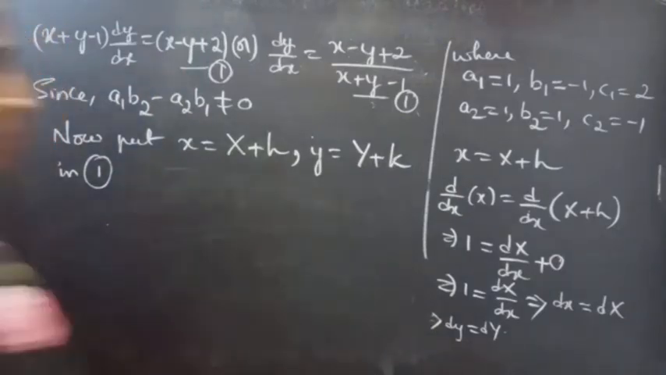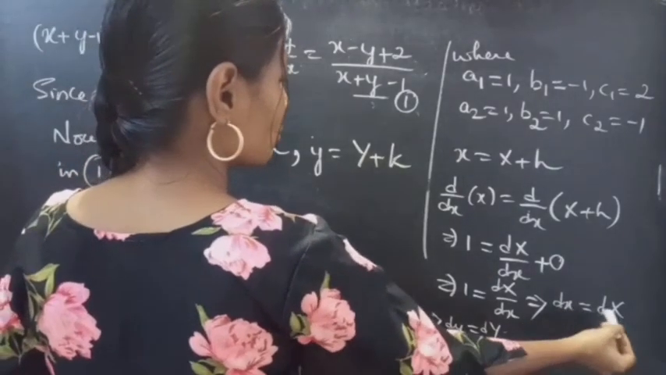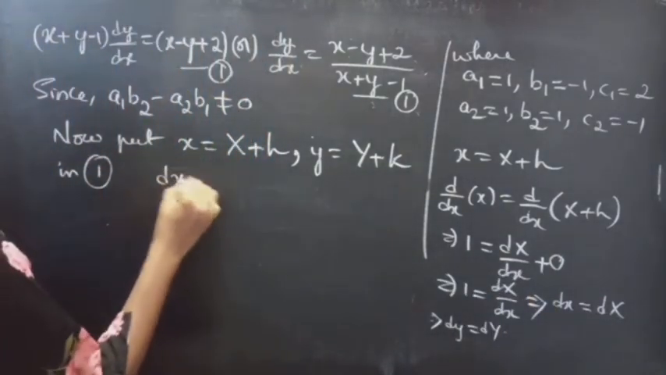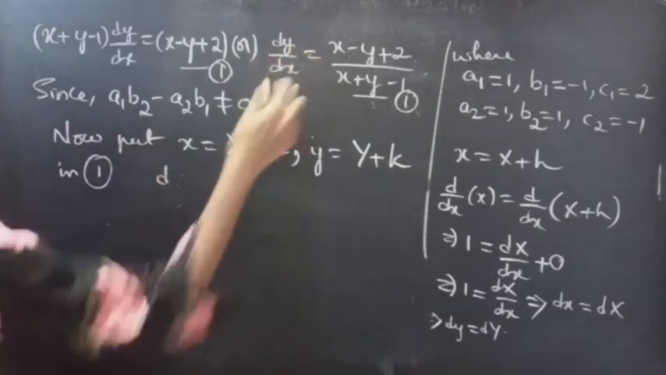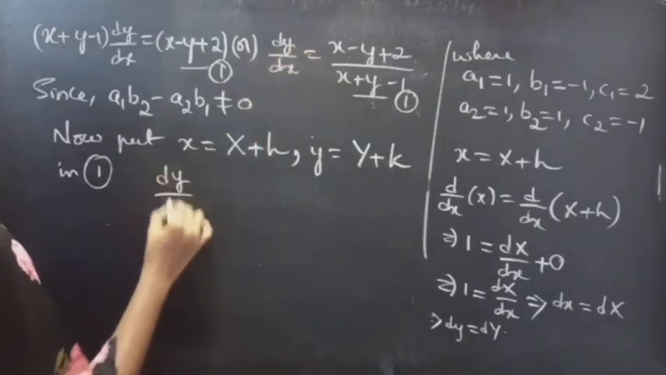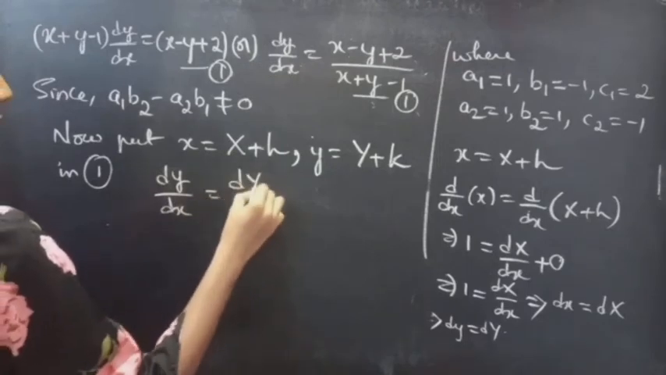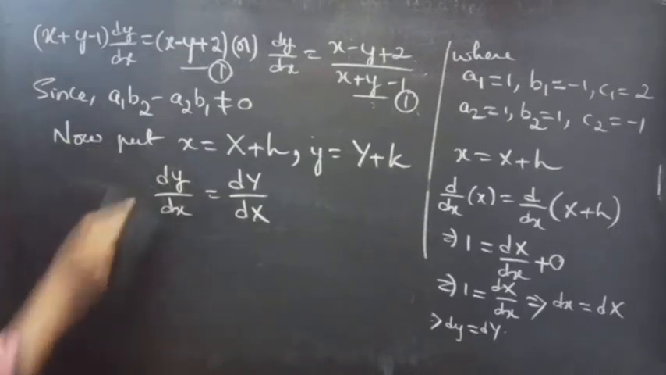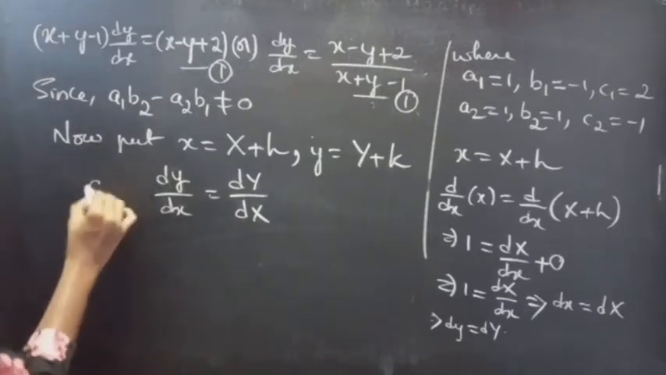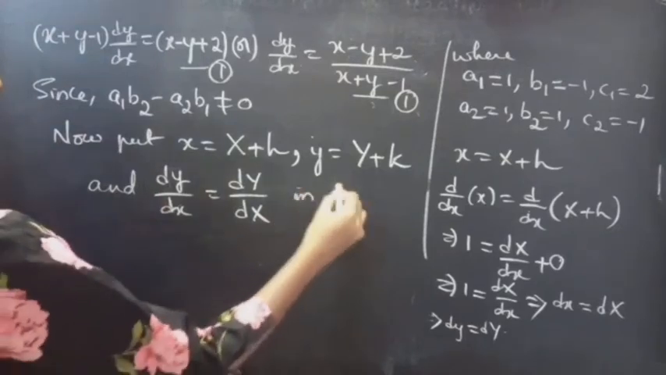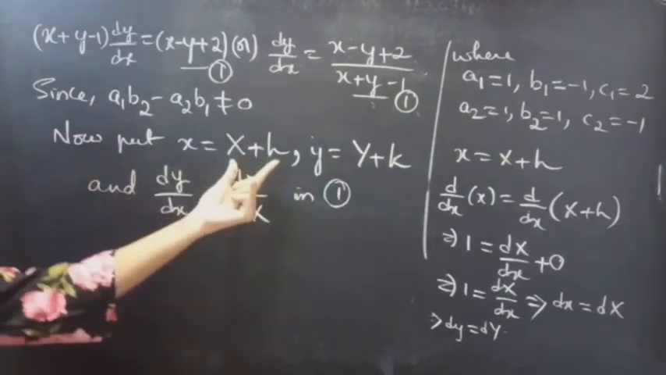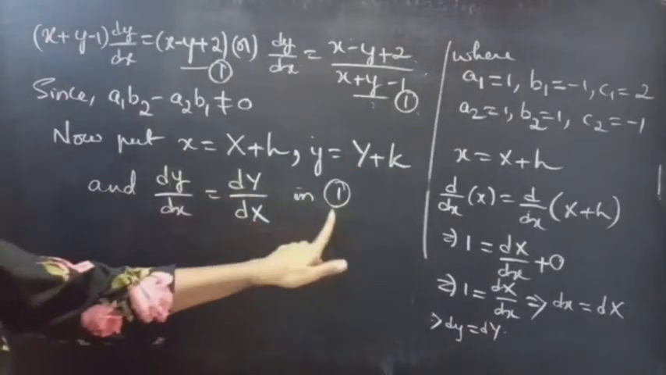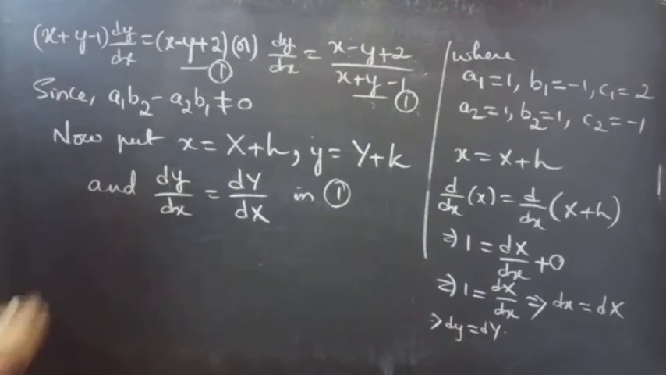Since we are having differential small x equals to differential capital X and differential small y equals to differential capital Y, then you can write dy by dx as dy by dx. Okay. Now put x equals to capital X plus h and y equals to capital Y plus k in equation 1. Then 1 becomes,